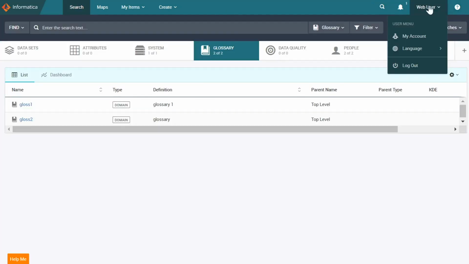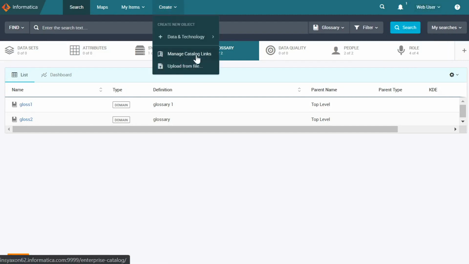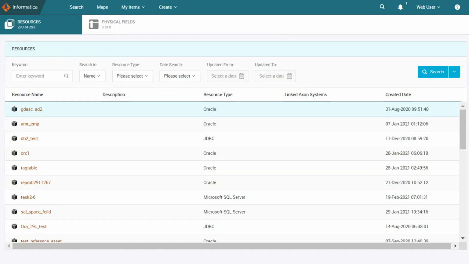Now, as you could see, I have logged in as a web user. When I go to the Manage Catalog Links page, I will be able to see all the list of resources coming from the EDC to Axon. For manually associating an EDC resource to an Axon system, we have to right click on the particular resource in the Manage Catalog Links page and click on Manage Linking.